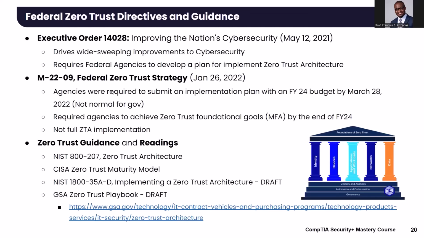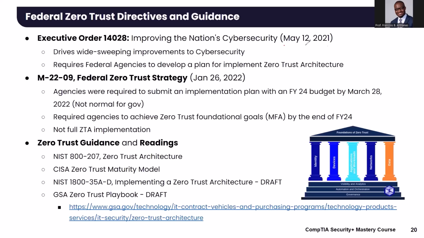President Biden also put a few executive orders in place. In 2021, he said, we've got to secure these federal agencies. So there was an executive order that he put in place requiring federal agencies to develop a plan to implement Zero Trust. And here is something that he did. He gave them a few months, like literally,